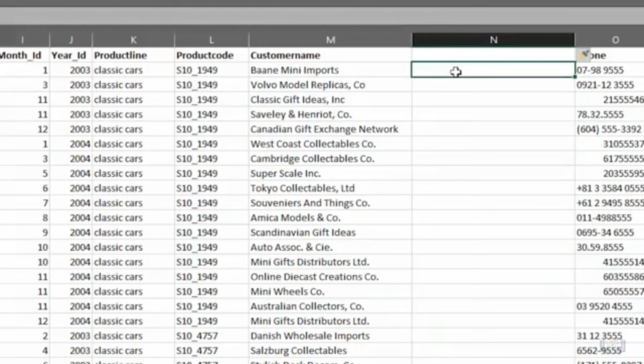To use the Trim function, you once again insert a helper column. The Trim function is simple to use. Just type equals, then trim, then open parenthesis, then the cell reference, in this case, M2, then close parenthesis and press enter. You can then double-click the fill handle symbol to copy this formula down to the remainder of the